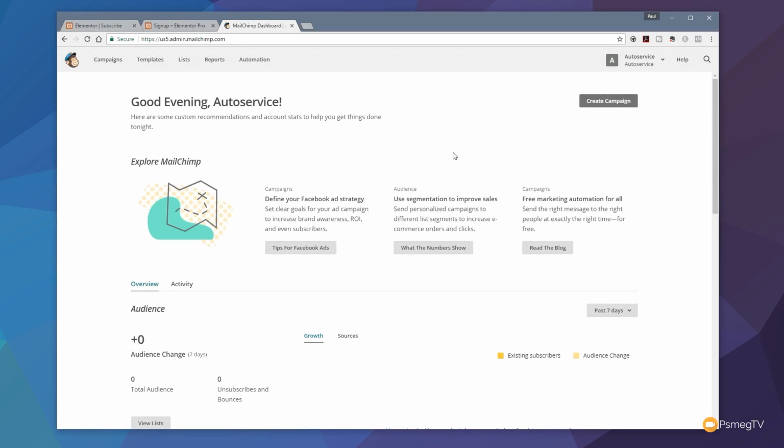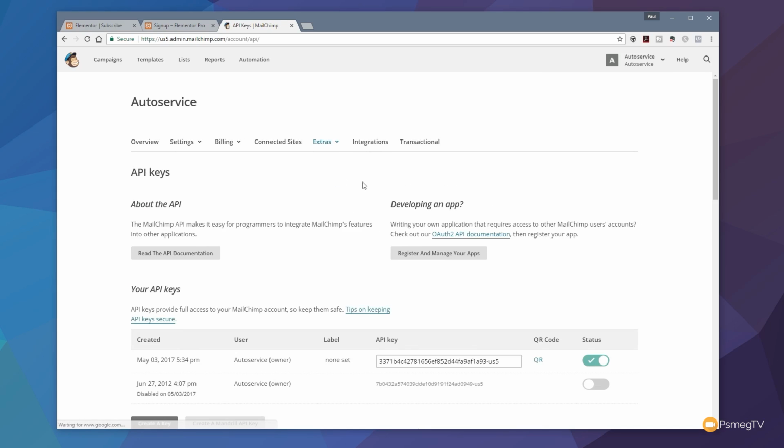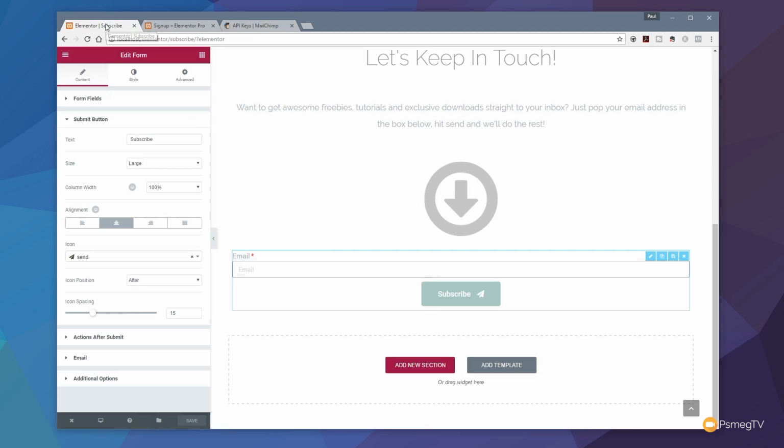Okay, so I'm in Mailchimp now. I've logged into my account, and it doesn't matter which section you're on, as long as you can see the name of your account at the top right-hand corner, you just simply click on there and come down to Profile. And once you're in Profile, you'll see you've got the option for Extras. Click on that, and the option is there for API keys. Once you click on there, you'll see if you don't have an API key set up, you can simply click Create a Key. This will then give you a code similar to this. So all we need to do is copy that, jump back over into Elementor,